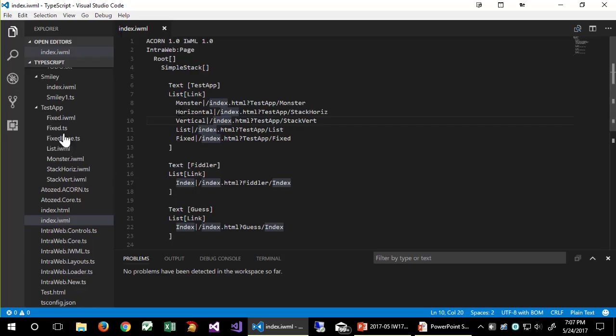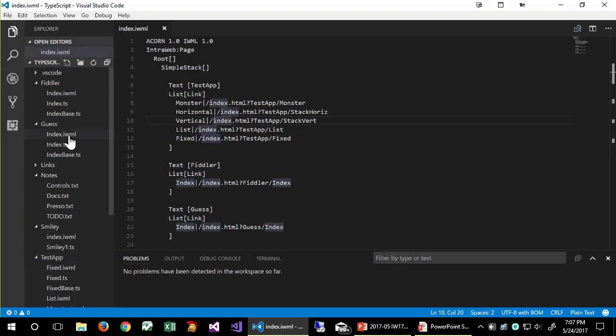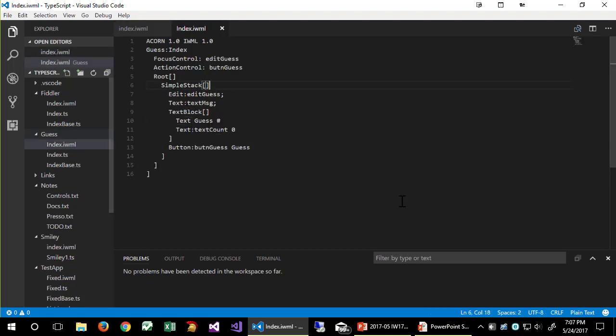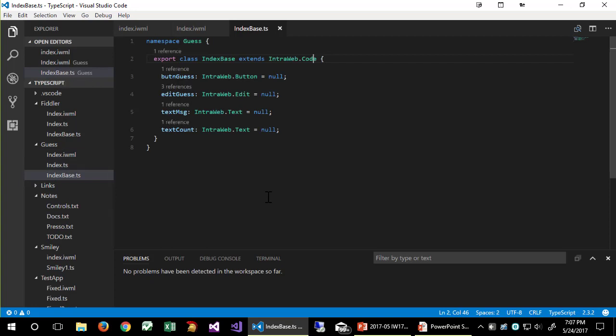So for guess, right now I have them all just in different folders. So the IWML is here. It's pretty simple. We took a look at this before. Now what happens is, if I don't have IntraWeb page up here, this is a syntax which tells me that I'm going to have some code behind here. So what happens is IntraWeb will generate a dummy stub file right here. And at runtime, these fields will be set to instances so that you can modify them directly. Just like you can in Delphi right now. When you generate a DFM, it generates an interface section in your Pas file. So think of this as the interface section of your Pascal file. And then your code